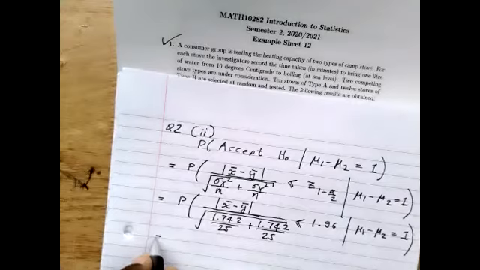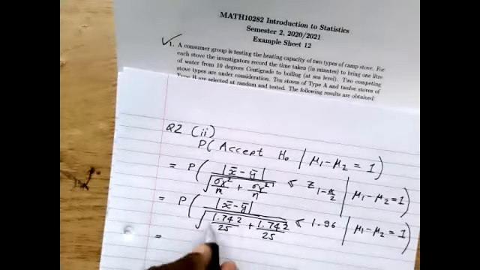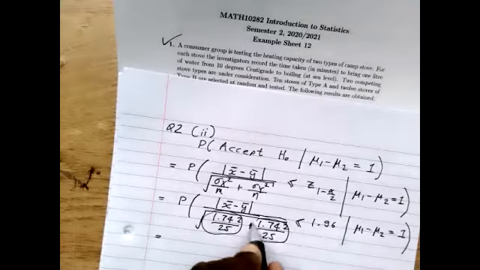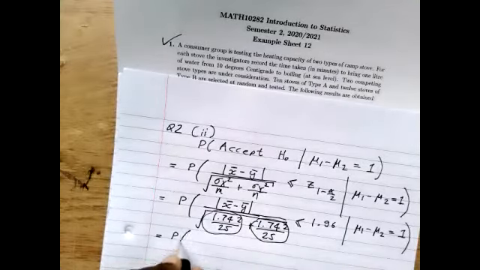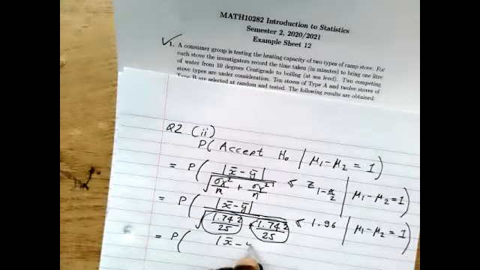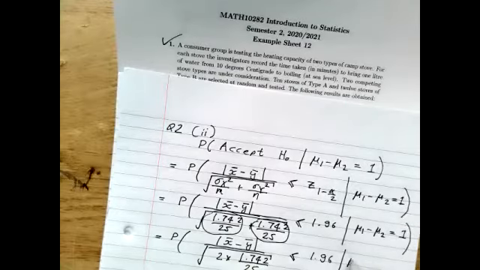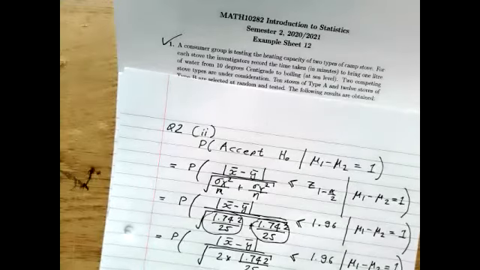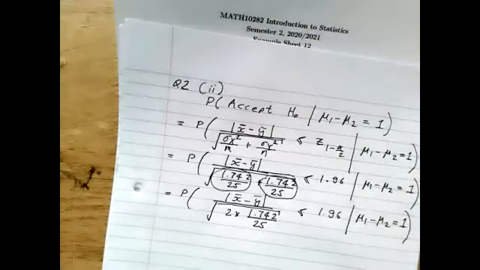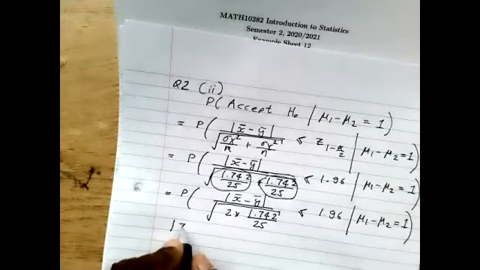Before I do that, let me combine these two terms, because this one and this one are the same, right? So you can write it as the square root of 2 times... okay. All right, the next thing I'm going to do: you guys remember this formula, that if you have something like